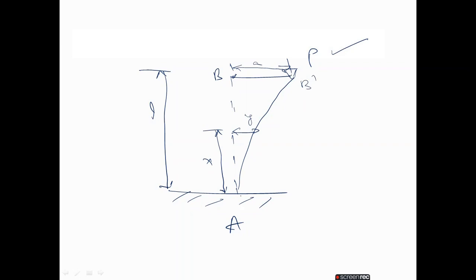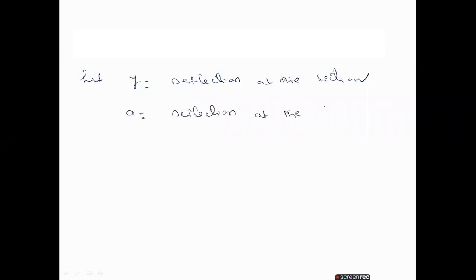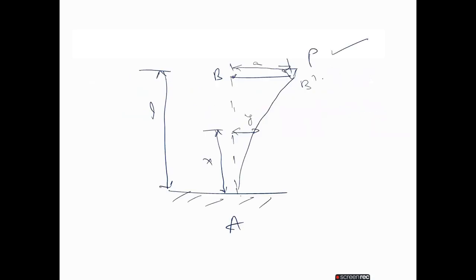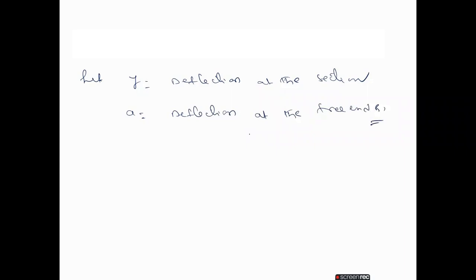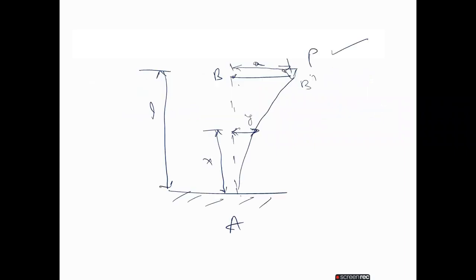Now we will enter into the solution for this case. Let us take Y equal to deflection at the section, whatever we are taking in the diagram, and a equal to deflection at the free end B. You observe in this diagram also: a is the deflection at the point B, and deflection at the section is Y. Now the moment at the section due to the crippling load is load into a minus Y.